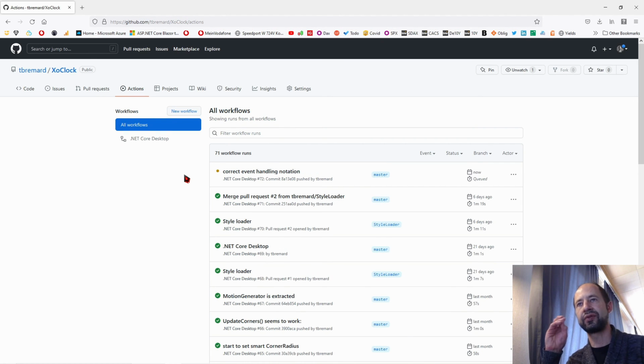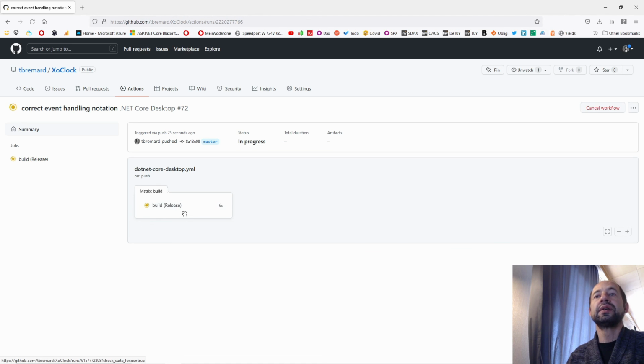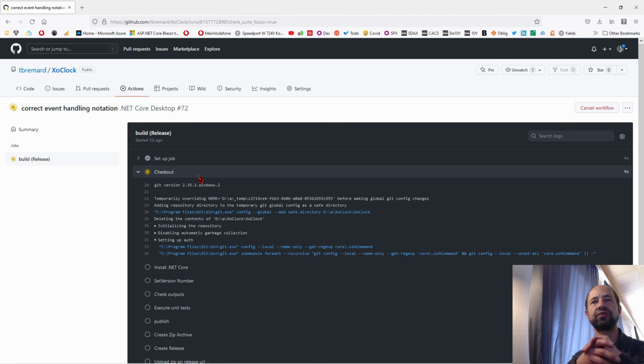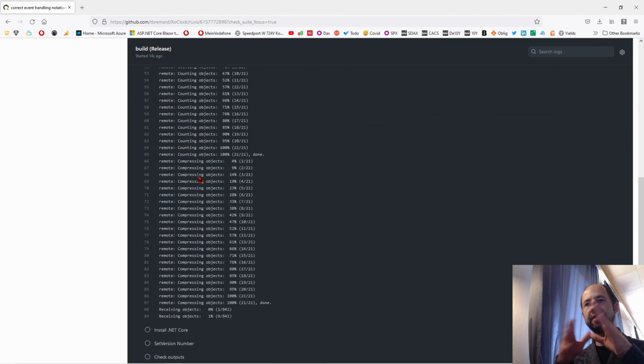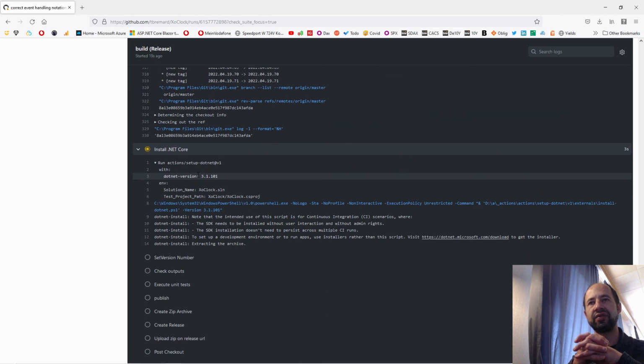We should see soon. So here I have done nothing on my computer. On the target website it is seeing automatically that a job is waiting. I'm going to click on this. We have to wait for a target agent to become available. Build, so it is already building, set up the job. So now it is starting to execute the workflow. And this thing is just very powerful. So it's installing live the .NET Core.